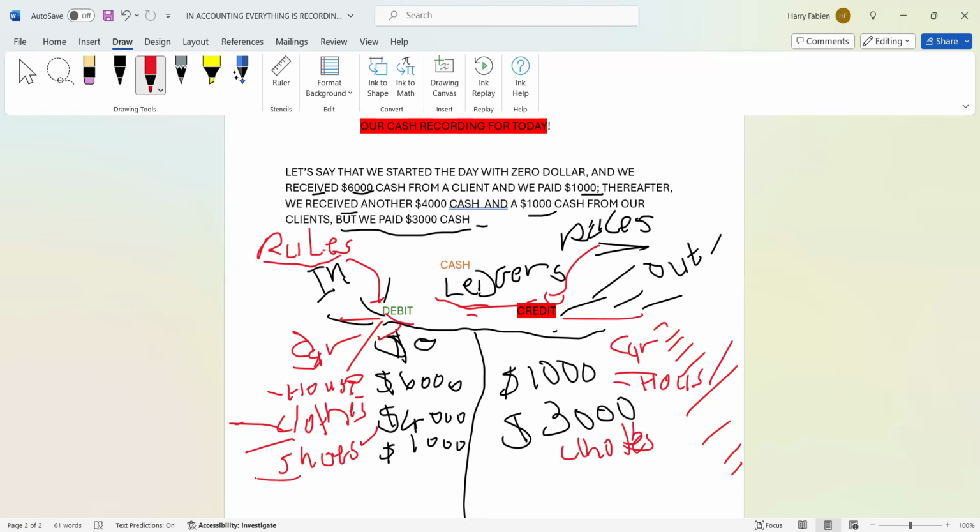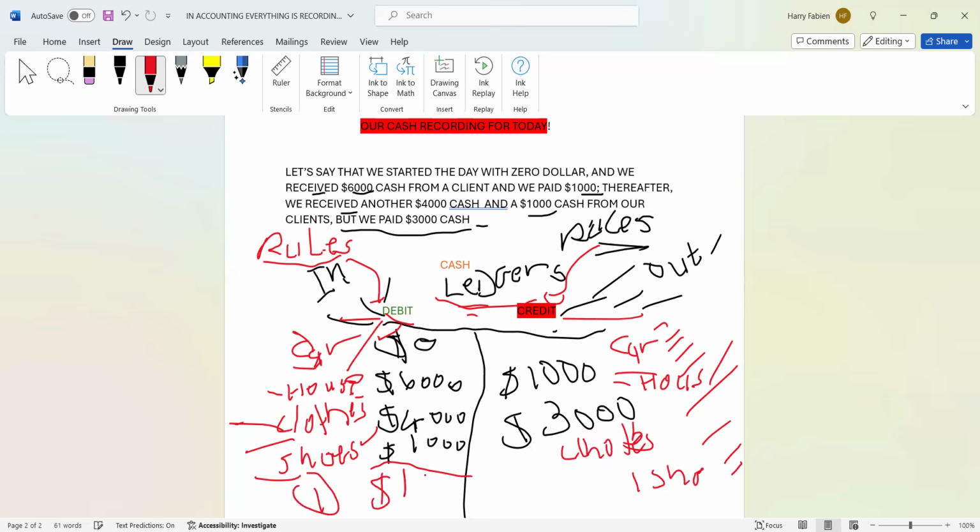Shoes: you got 5 shoes. Someone gives you 5 shoes, and you have to give 1 shoe to somebody. You add this 1 shoe to the credit side, and you have 4 there. That's all. Now, how are you going to calculate this? The money, the numbers: you add them here. You do 6 plus 4, that's 10. 10 plus 1 gives you 11.